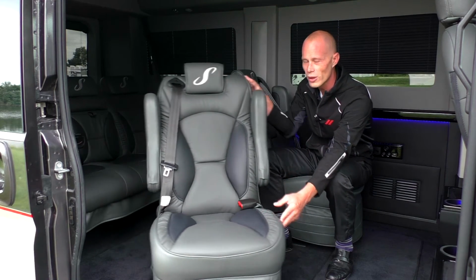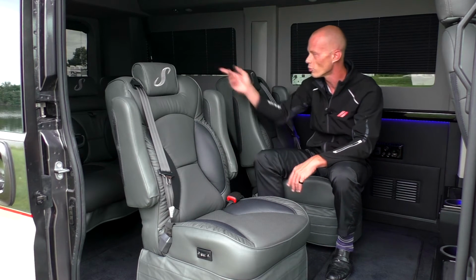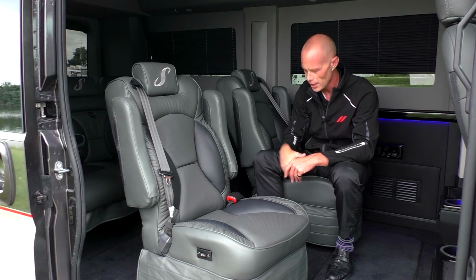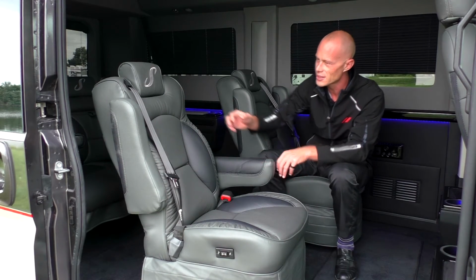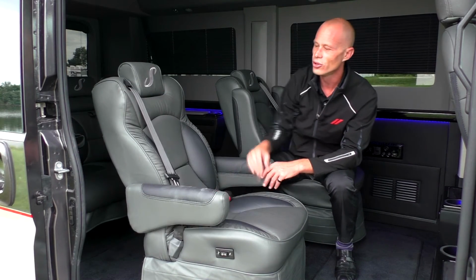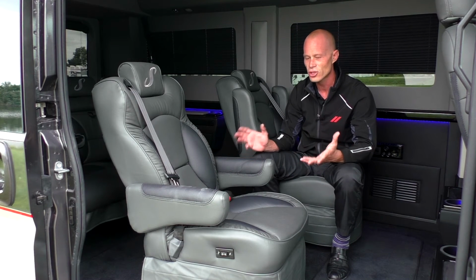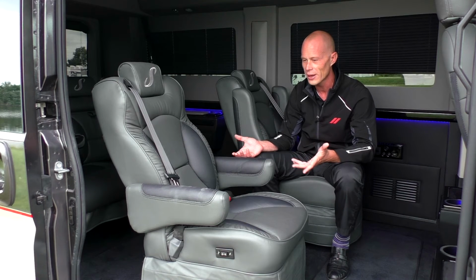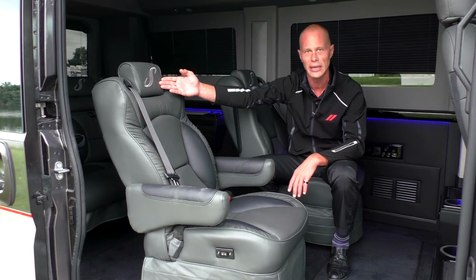It is a full swivel seat. It will lock in 2 positions, one facing forward or one facing the rear sofa. And it is a power recline. Now, both of these captain chairs in the back do have adjustable armrests on them, and they're extremely comfortable. We went with a perforated leather, and I think it turned out really nice with our signature Chery logo